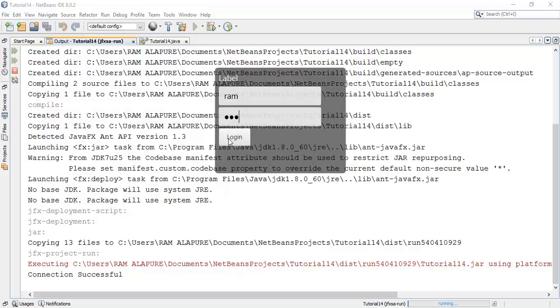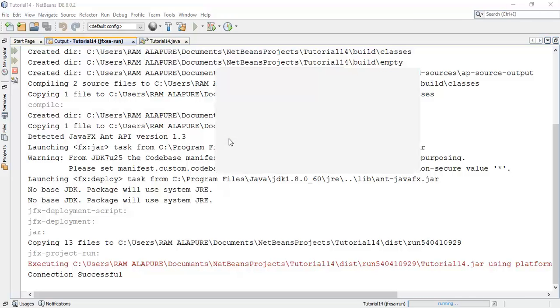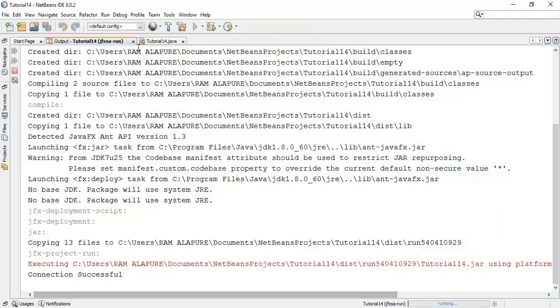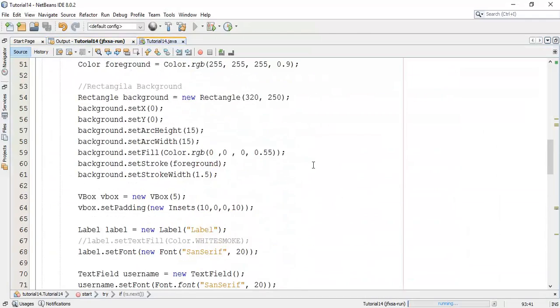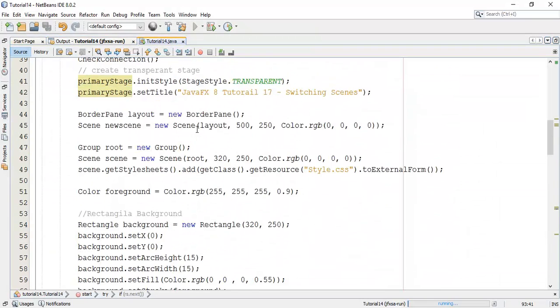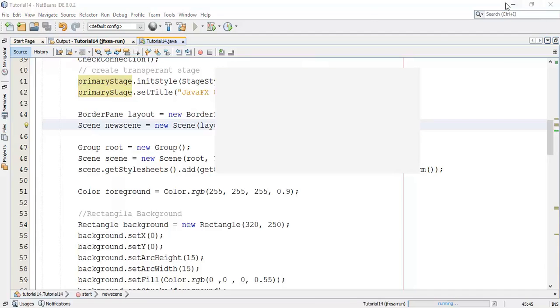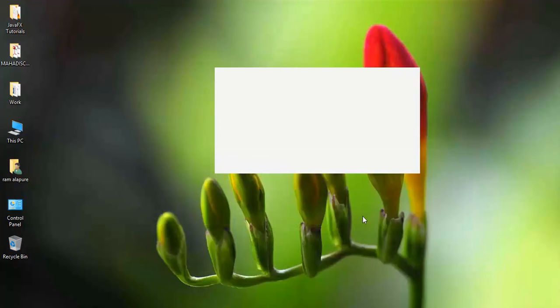Now I'm going to open a new frame. Here you can see that there is a new frame generated, a new scene of the dimension which we have defined in the new layout, that is BorderPane of 500 by 250.